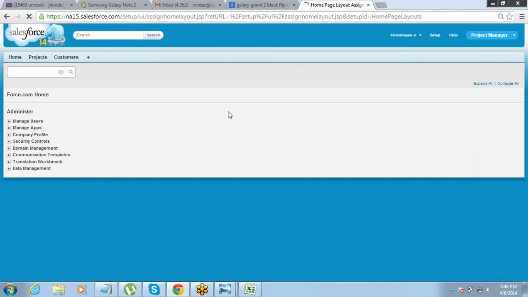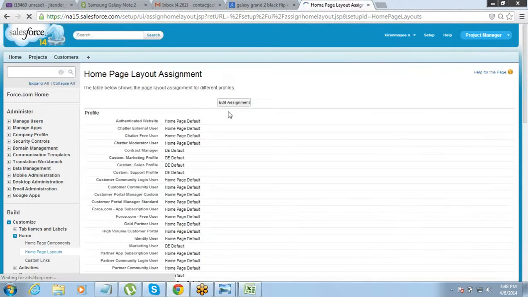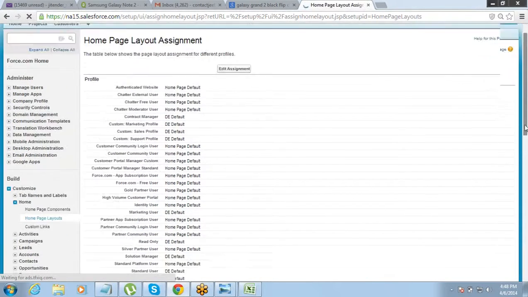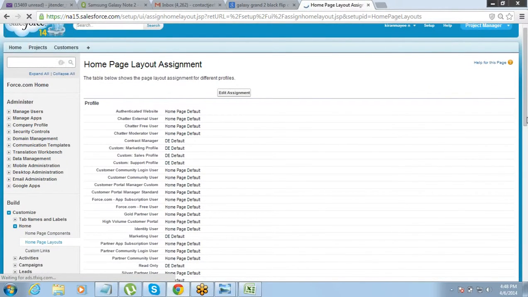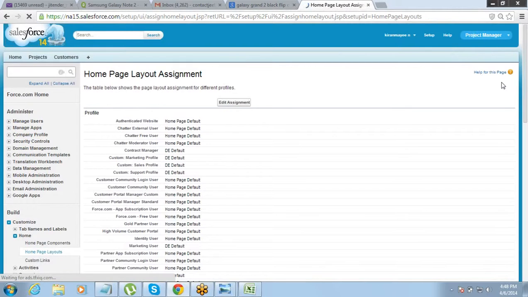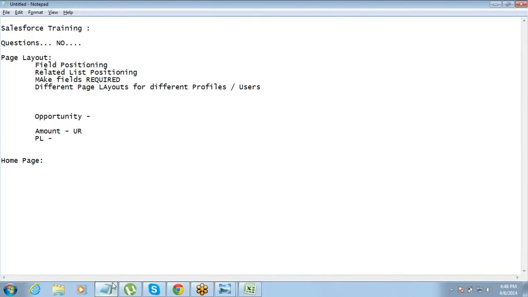Tell me if you are clear on the page layouts and the home pages. Let me know if there are any questions. As I said, this part is simple. It does not have too many things, but yeah, we just need to know these options because sometimes you just need to deal with these things. Okay. The other part that we are going to talk about is